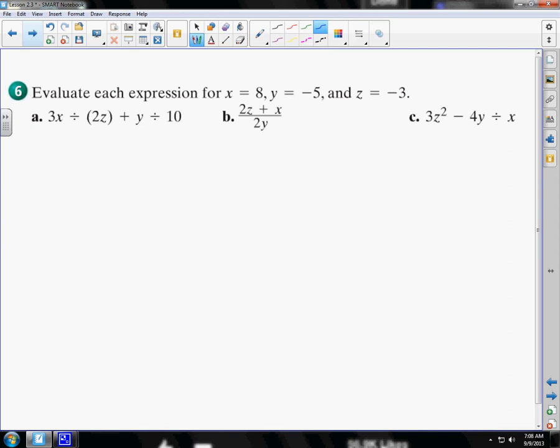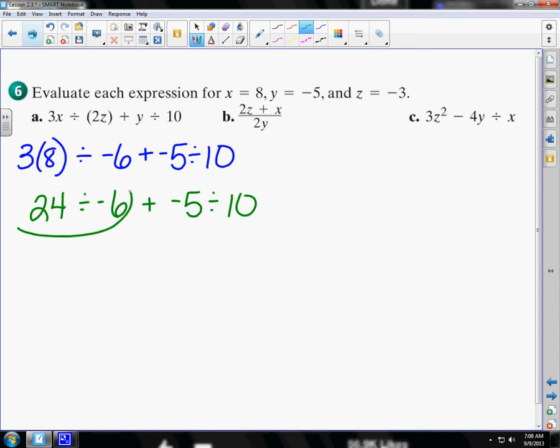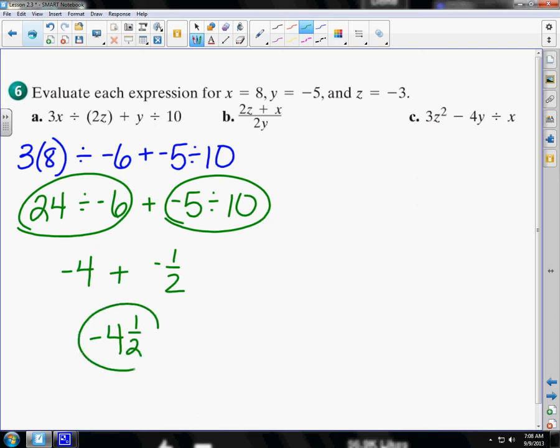All right, so I'm going to do 3 times 8 divided by 2 times negative 3, which would be negative 6, plus negative 5 divided by 10. Then I need to simplify. So 3 times 8 is 24 divided by negative 6 plus negative 5 divided by 10. So I'm going to do both of these operations first. 24 divided by negative 6 is negative 4 plus negative 5 divided by 10 is a negative 1/2. So negative 4 plus negative 1/2 is negative 4.5. All right, next